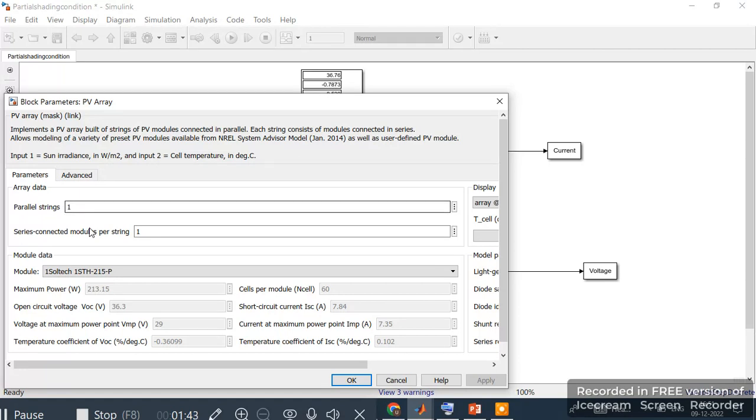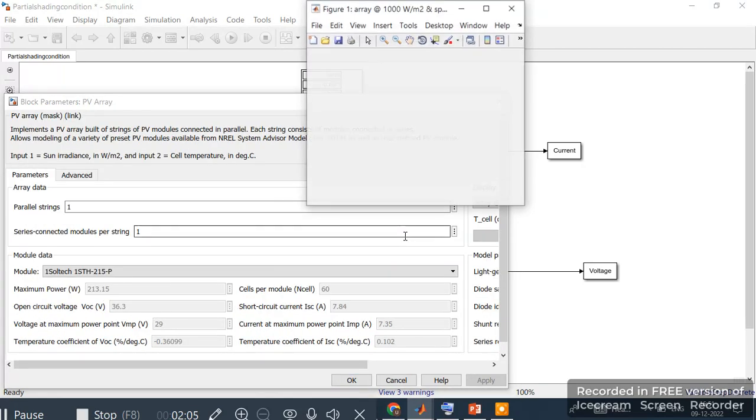We have one parallel string and one series connected module. The module chosen here is the Soltech 1STH215P. This module has an open circuit voltage of 36.3 and a short circuit current of 7.84,